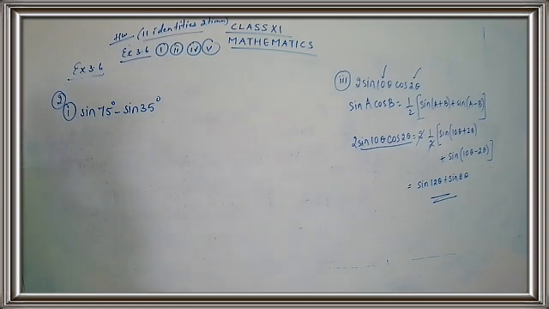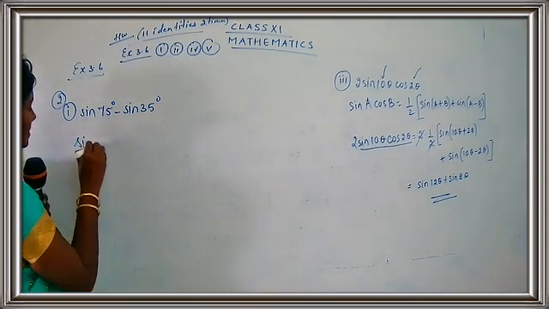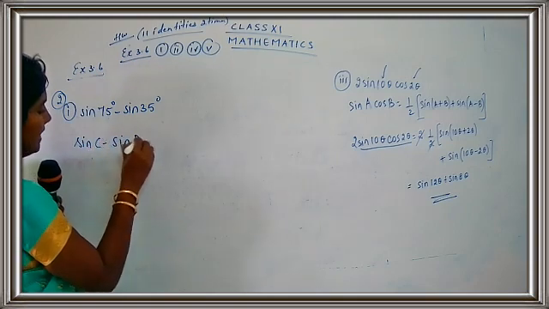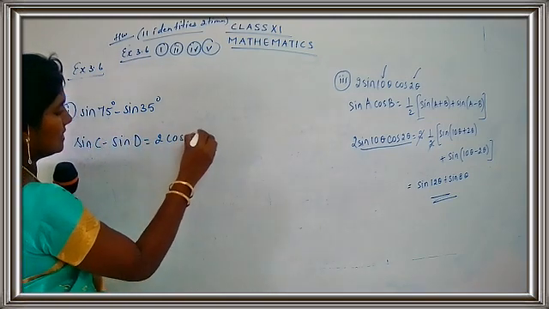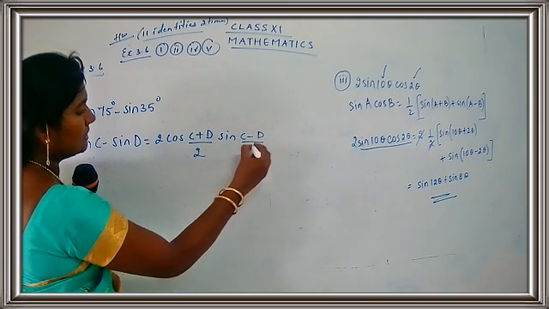We have sine C plus sine D. We have cos C minus cos D. We have cos C plus cos D. So you have to identify out of 4 which is the correct one. So this is for sine C minus sine D. What's the formula for sine C minus sine D? The formula is 2 cos. I'll write down the formula here. Sine C minus sine D is 2 cos C plus D by 2 sine of C minus D by 2.